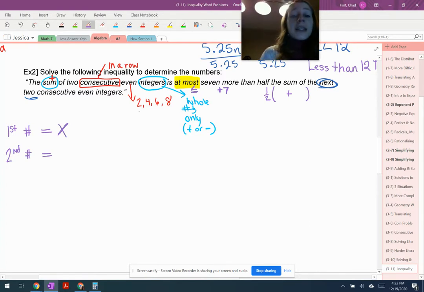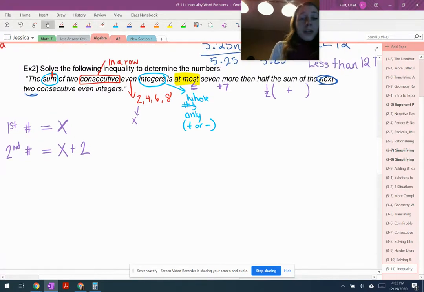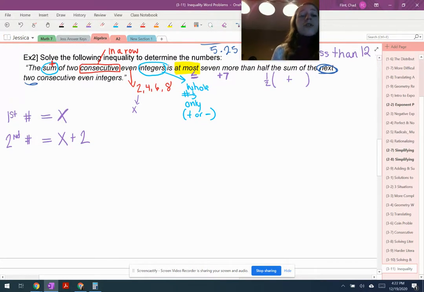So if x is like my 2, what do I do to 2 to get to 4? Well, from 2 to 4, that's plus 2. So whatever the first number is, to get to the second consecutive even number, all I have to do is take that x and add 2 to it. Okay? So the sum of two consecutive even integers, that we decided meant plus. So I need to add those first two numbers together in my equation. All right, so I'm going to take the x plus the x plus 2 is at most,